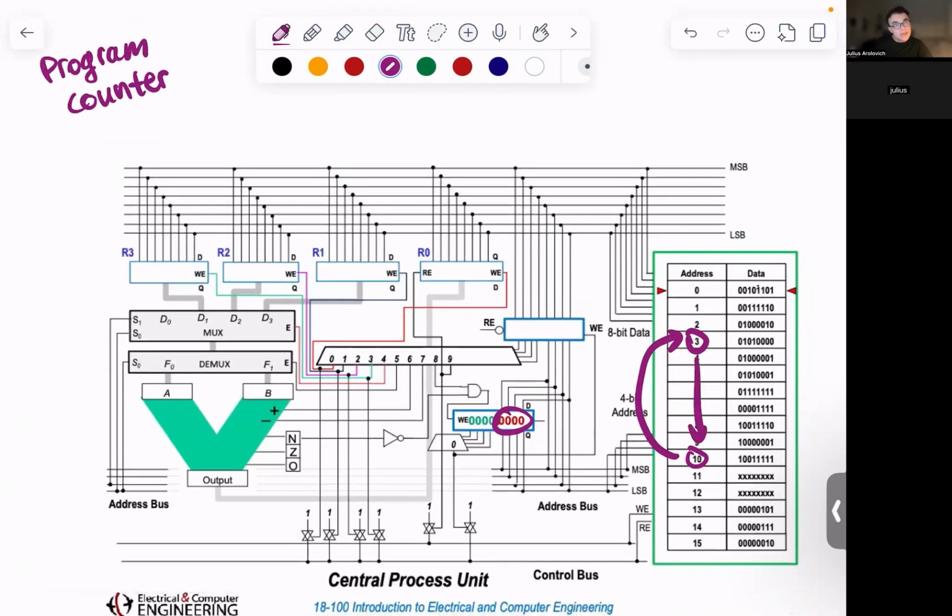And then we reach 10 again. And 10 says, well, conditional, true, right? So we're going to keep going back until the conditional is false. And then when the conditional is false, we'll jump to this address and then we conclude the program or something similar. All right, that's a high level example. I'm not saying that's actually what the numbers or the binary data here induces, but as a high level concept,